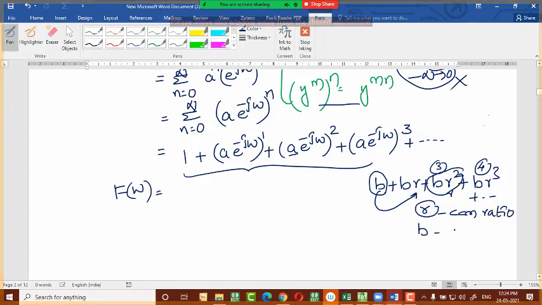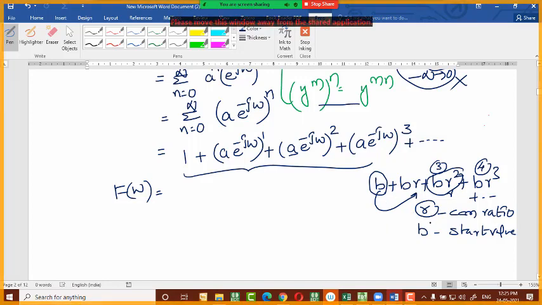And B is nothing but the starting value. Now, if you know that, then we can tell if this sequence follows this condition. What is that condition? Some common ratio is there. To get the next term, the previous term has to be multiplied with that common ratio. This has to be followed for the entire sequence. Then we can tell that the sequence is in geometric progression.